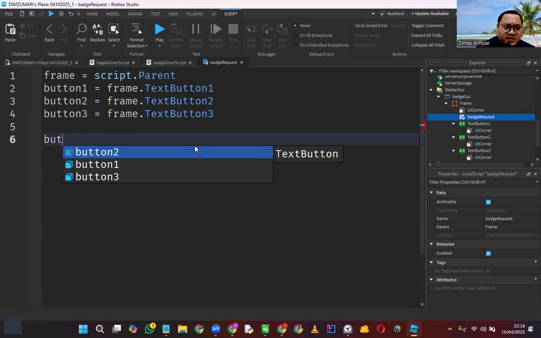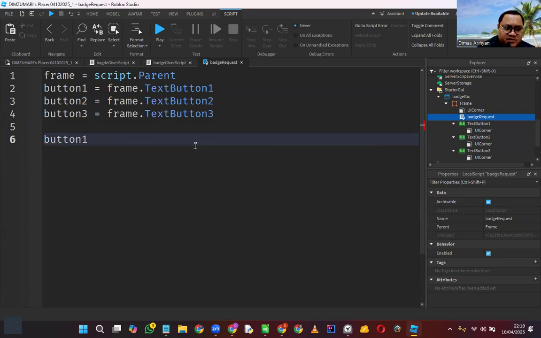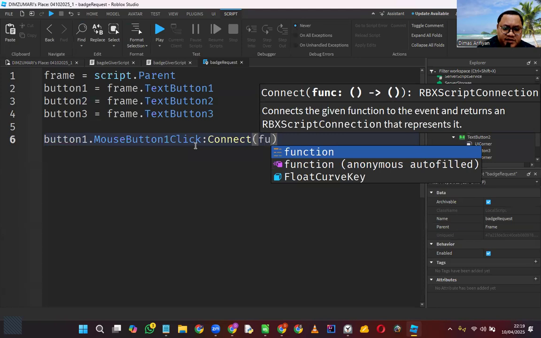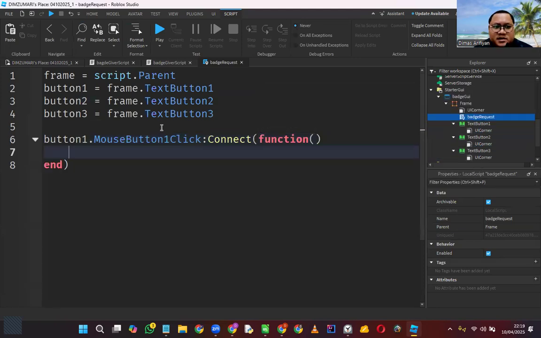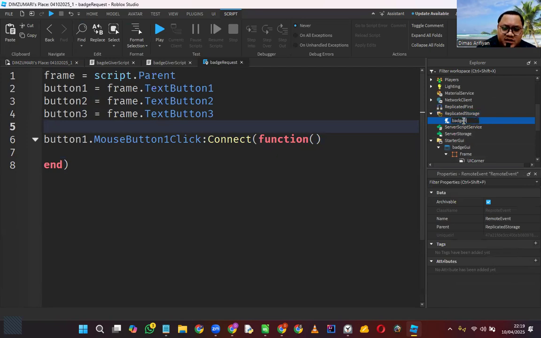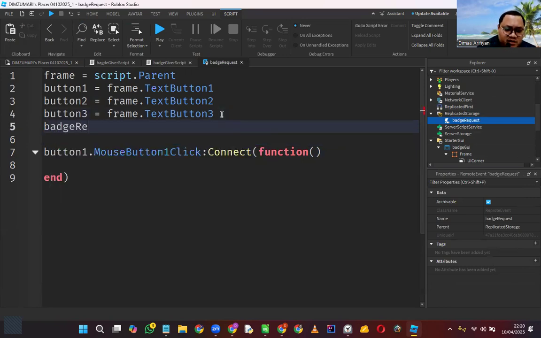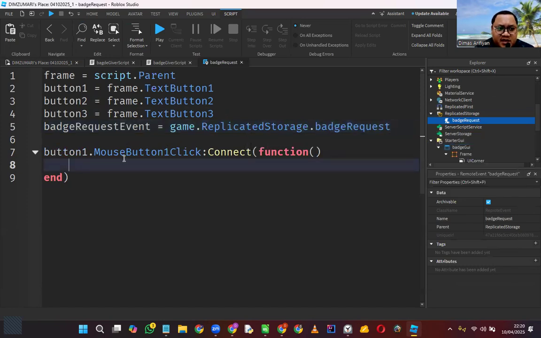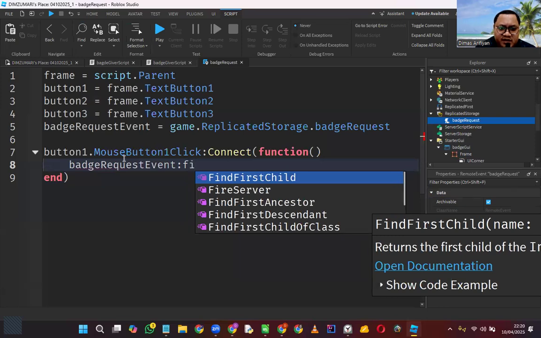Button 1 dot mouse button click colon connect function, enter. Okay, so after you put this code, the code is not done, but we need to go to replica storage and insert a new remote event. It's called batch request. Then we choose it here. Batch request event equals game.replica storage dot batch request. In here, batch request event colon fire server